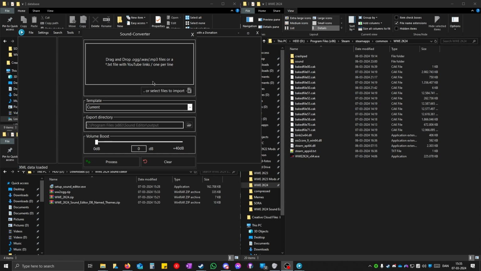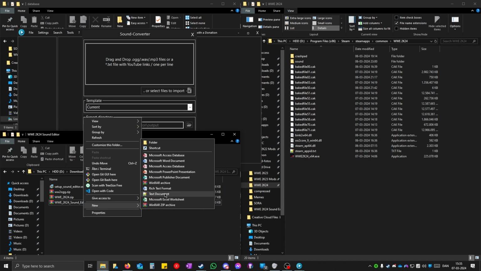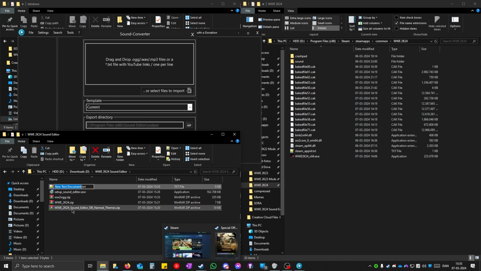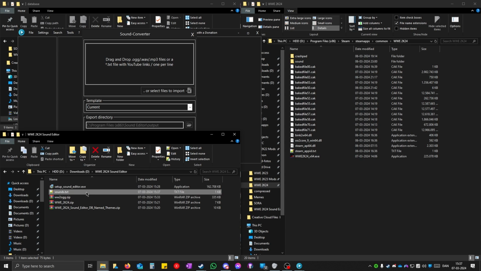And to use this, you would have to create a text file somewhere, it doesn't matter, just here, new and text document, and just name it something like sounds. So if you want to convert some music, just paste the link here. If you want to convert more music, you can just press enter and write even more if you want. But I'm just going to convert one of them, so click on file and save. When you have done that, you can drag this here